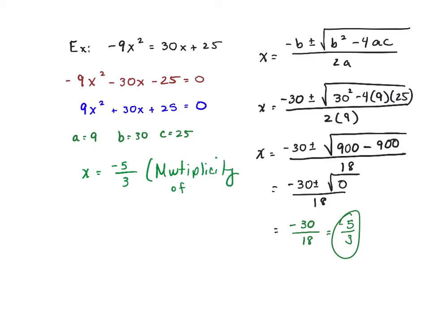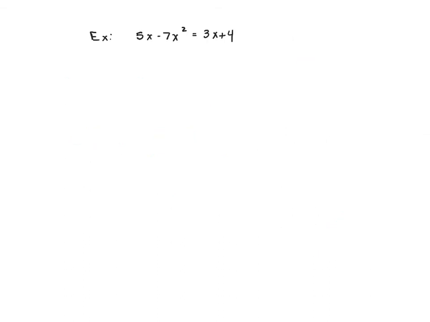of 2. All that means is that we consider negative 5/3 a solution 2 times. Hence the reason we call it multiple or multiplicity of 2. And then our last example for today,